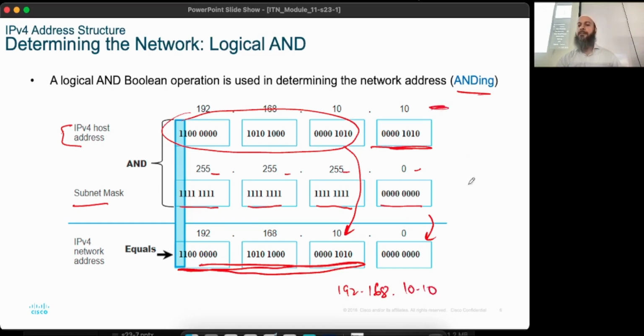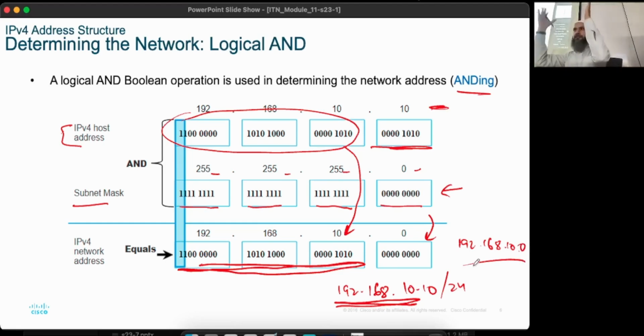So essentially 192.168.10.10 is this IP address over here. If this is /24, which is this subnet over here, and you want to calculate the network portion, you convert this /24 to the subnet mask 255.255.255.0. You convert it into binary and then you AND it. But the end result is essentially that the first three portions are going to be copied as they are, 192.168.10, and the final part, the host portion, is going to turn into a 0. Make sense? The first portions, because they are being ANDed with a 1, are copied as they are, and the final one turns into a 0.